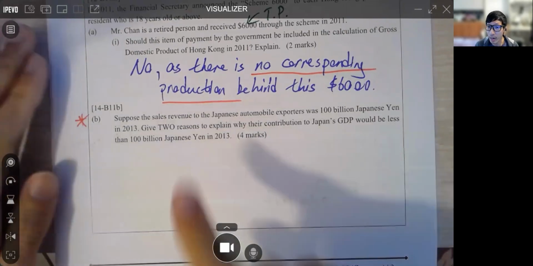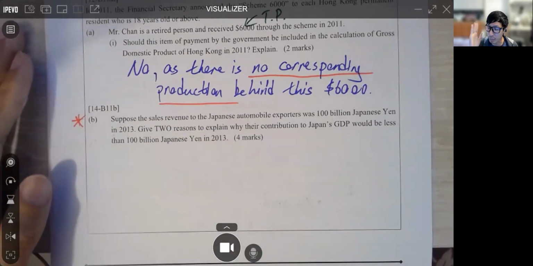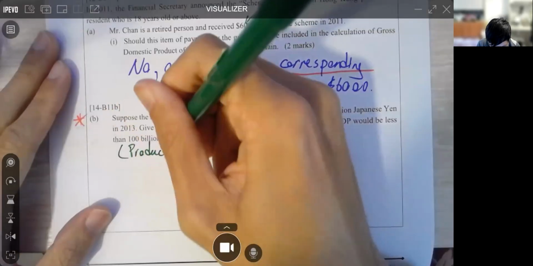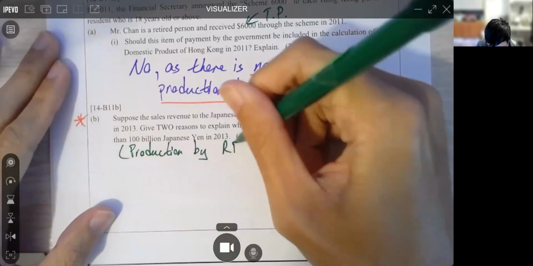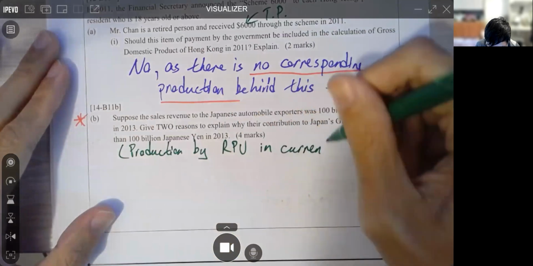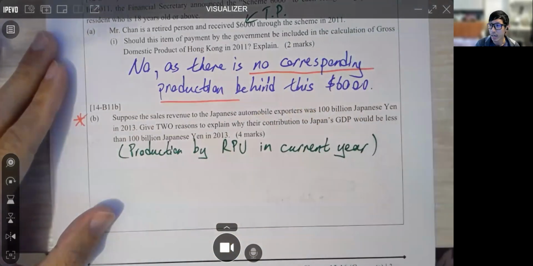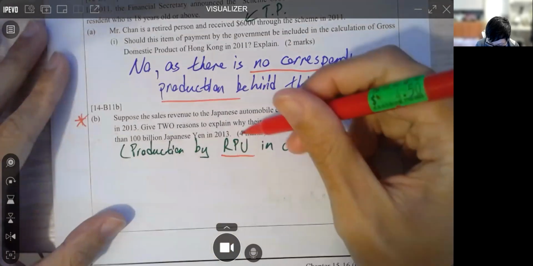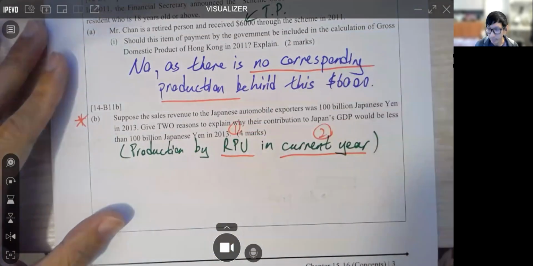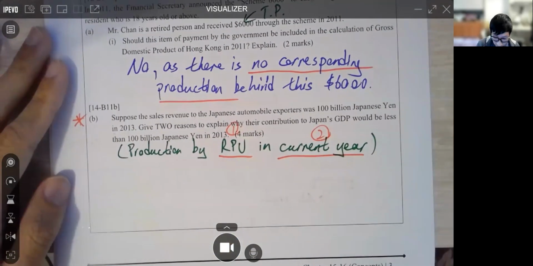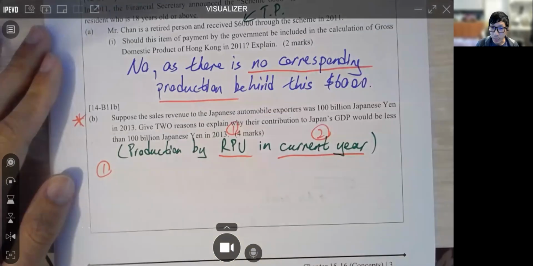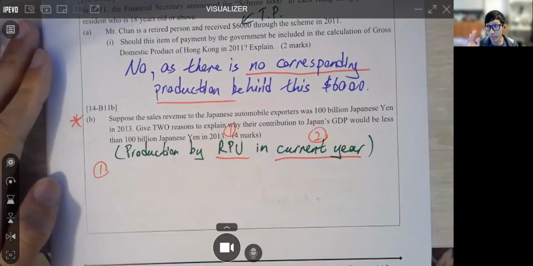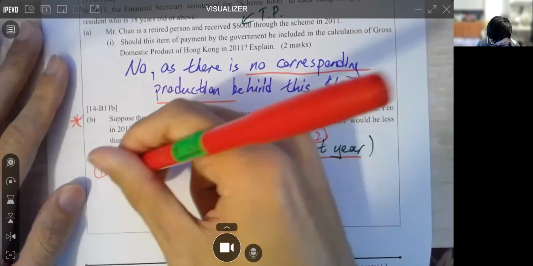Now let's revisit, this question does not need to be written out, but let's revisit the definition of GDP. Remember, GDP is production by RPU in the current year or in a given period of time. Now, obviously, selling is a production, right? So there are 2 clues. First clue, RPU. Second clue, current year. Okay, so there are 2 reasons. Reason number one,